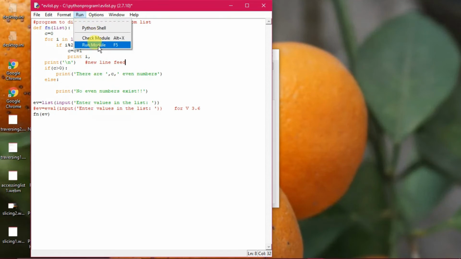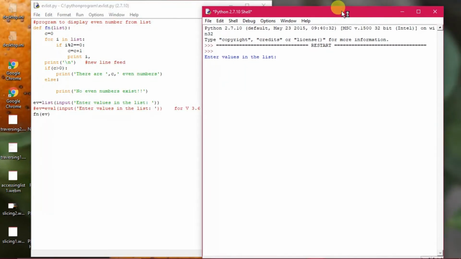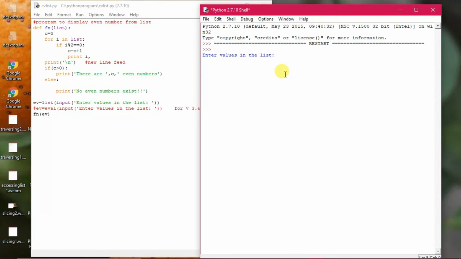This program is actually, you see out here how the things have taken place. Now say I'm executing this program, a list has been asked to enter. Okay, you see how to enter the values in the list. Suppose I enter 23, 4, 56, 7, 88, 1, 12, 3, 44, 5, 19, 80, 11.